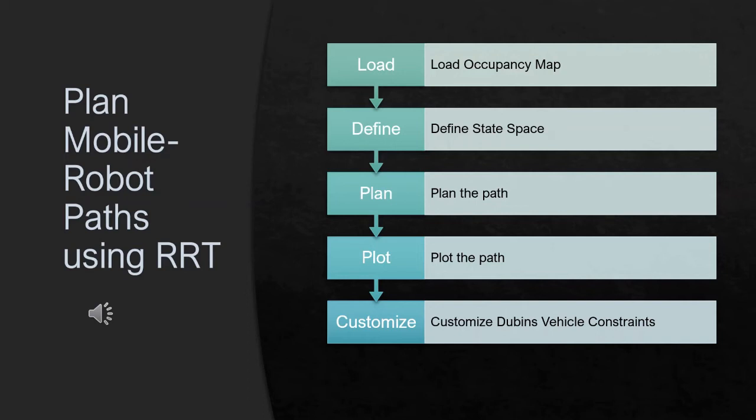The first one is to load occupancy map. Load an existing occupancy map of a small office space. Plot the start and goal poses of the vehicle on top of the map. This is like what I have shown in the previous slide. And then the steps are followed by define state space, plan the path, plot the path, and customize the vehicle